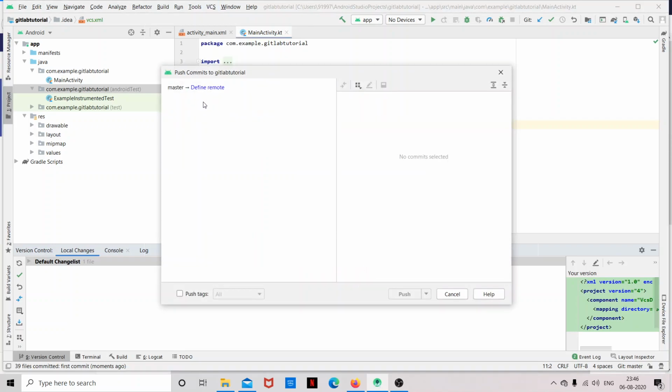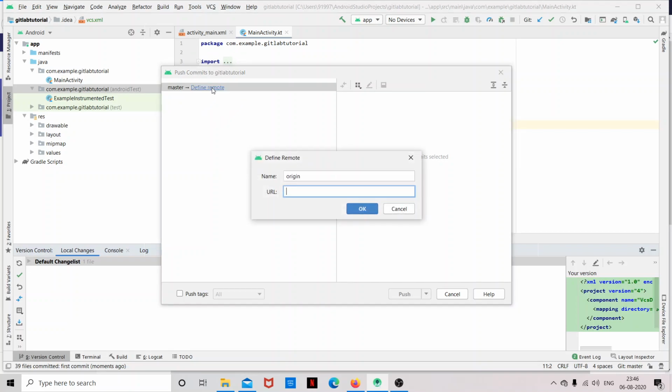You can see that I have not defined a remote repository for this project. So Android Studio is asking me to define a remote repository before I push the commits. If I click on define a remote repository, it will ask me for the URL of your remote repository. So I'll paste the URL which I copied from GitLab, and I'm going to click on OK.